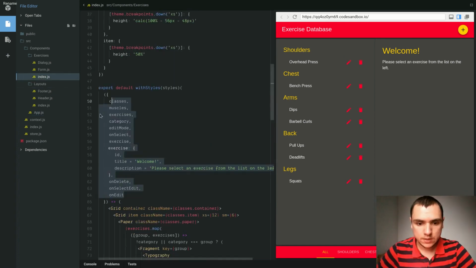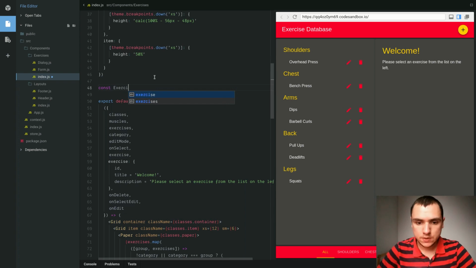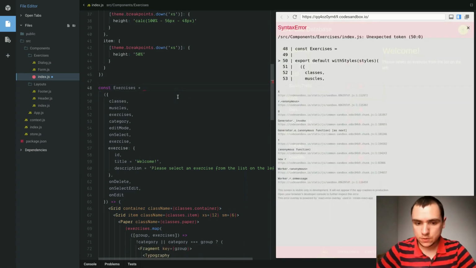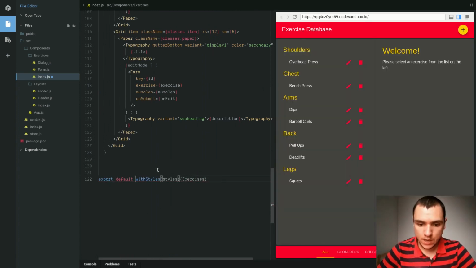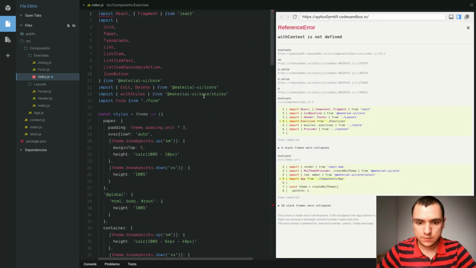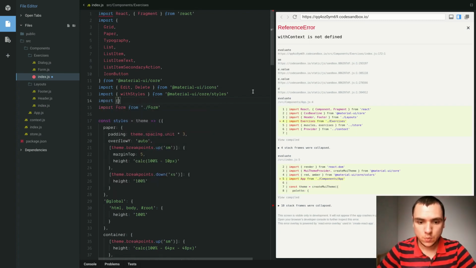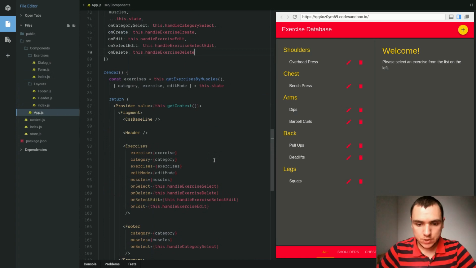Let's go back to index. What I'll do is I'll actually put this into a separate constant. Let's call it exercises. This one is going to be a function. So what we're going to do is we're going to have an export at the very bottom. Let's have an export of exercises. We're going to wrap it with context. And once again, if we go back to the very top of the file, we're going to have an import. So let's import with context. From context, we're going to need to go 2 levels up. So now I can save the file, and then in the app component, let's make sure we're passing all of